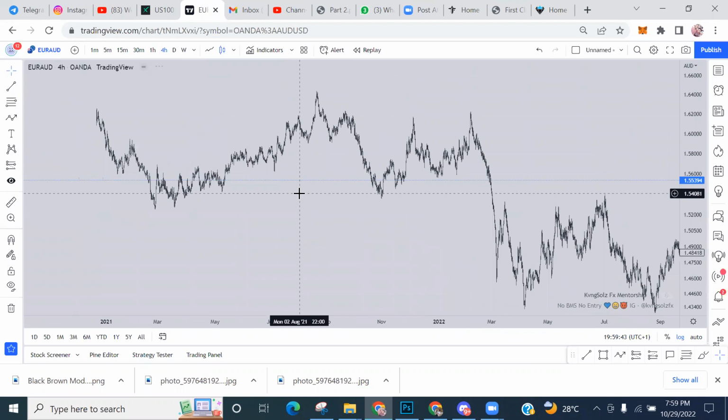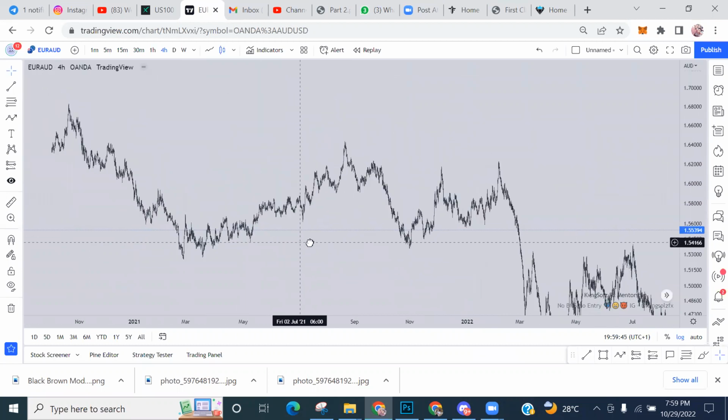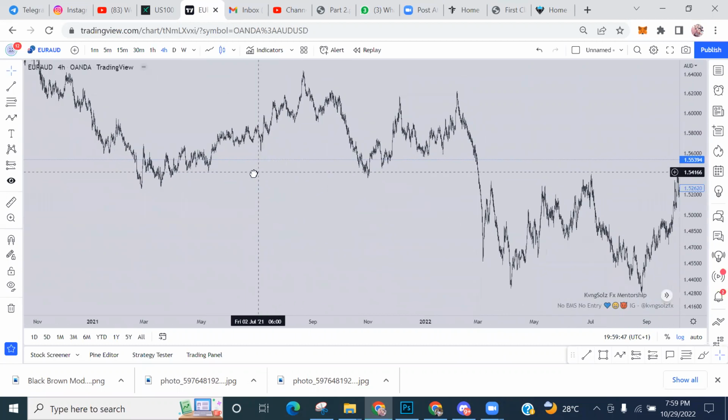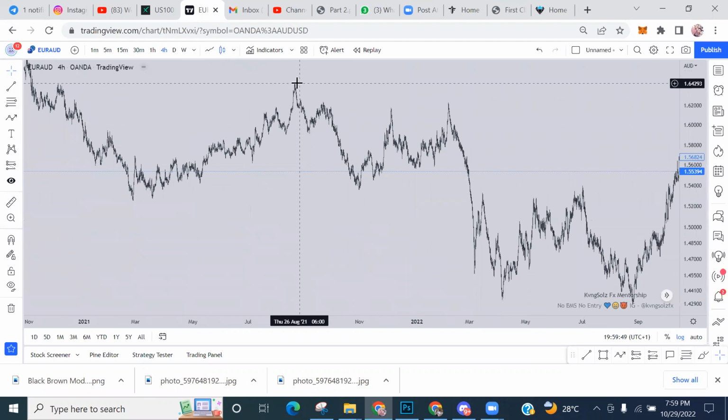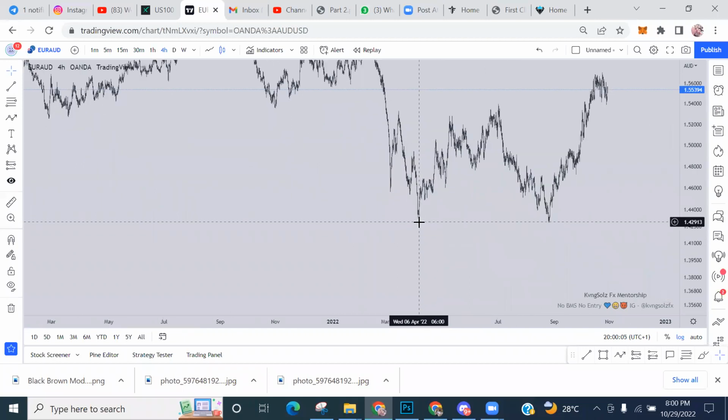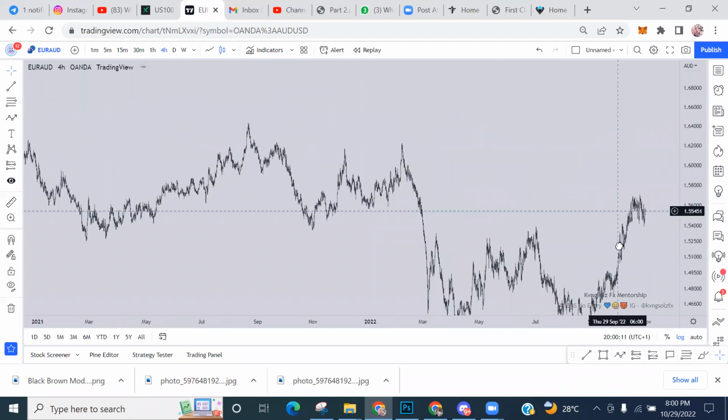If you look at it on your 4 hours to know your bias, be careful to know where price started from and then sold down from, or bought from and then moved upward. You'll be careful to know where it moved from a zone, to be sure it moved from a zone to this point. That's the way you do things.